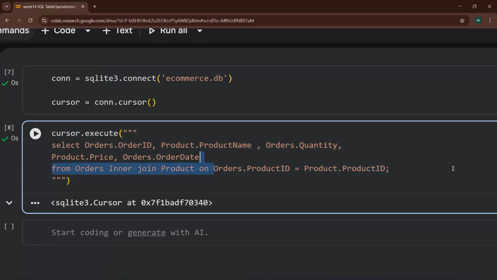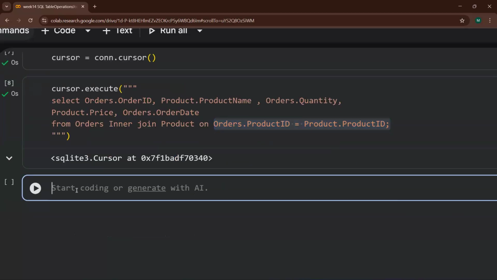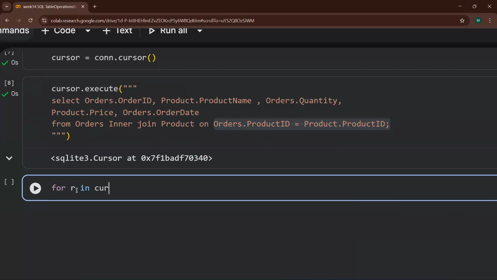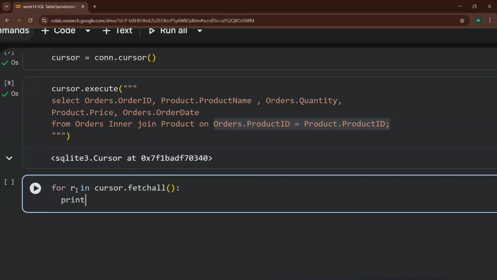Just make both of the product ID columns equal to each other and close it with a semicolon. This is how you put this query of joins. And then just check for R in cursor dot fetch all. I'm going to use a short form over there this time. Print R.